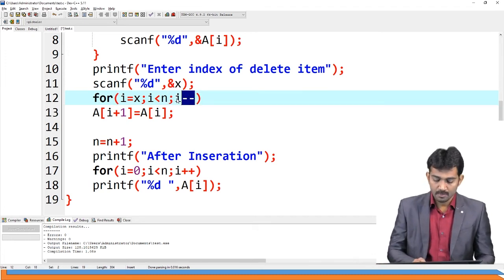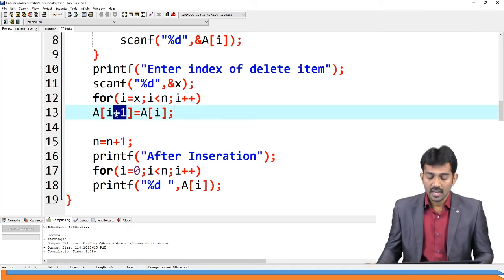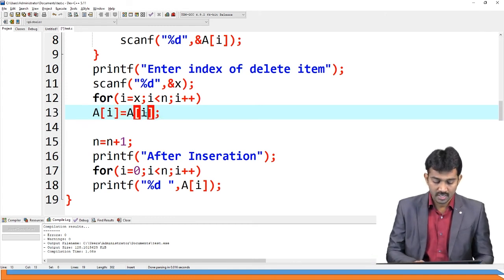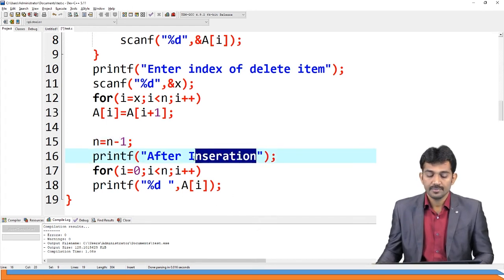I will explain with an example. Don't worry. Instead of that, A of I equals A of I plus 1. Now the n value goes to n minus 1 after deletion.